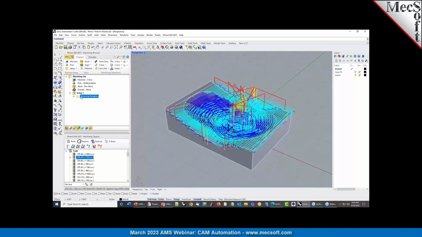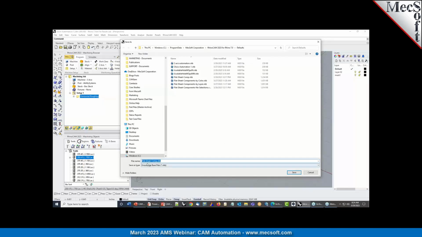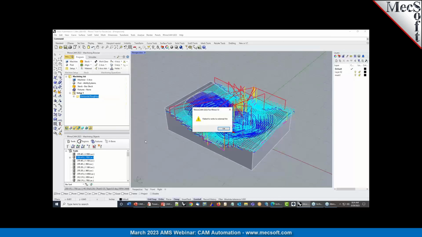And when you have an operation, you can right-click on it and save as defaults. What that does is it allows you to select a name. You're actually creating a knowledge base here of defaults. So you can define a name for the knowledge base, and if you put it in the default path, it'll automatically be picked up in the CAM preferences dialog, and I'll show you that in a moment. So you can save that. You see I have that saved here already. So anytime you make any changes to an operation,